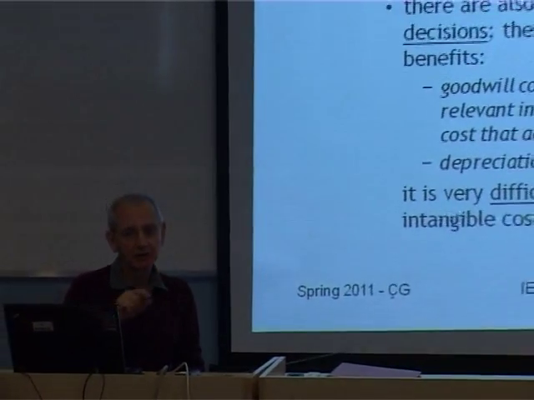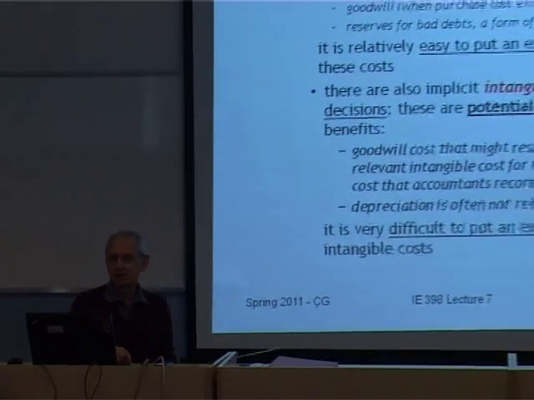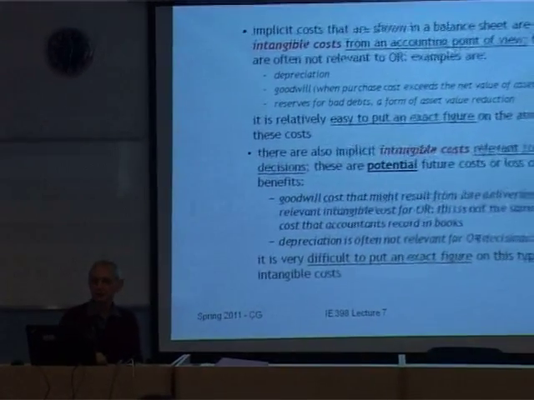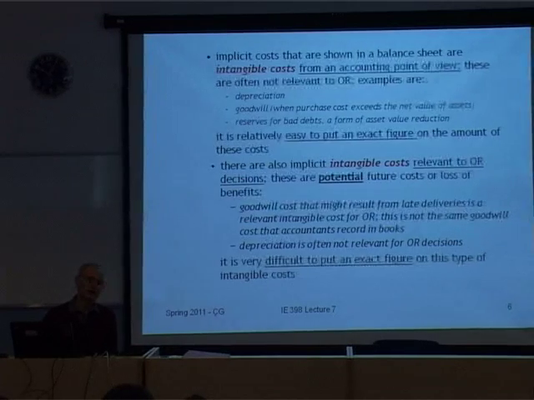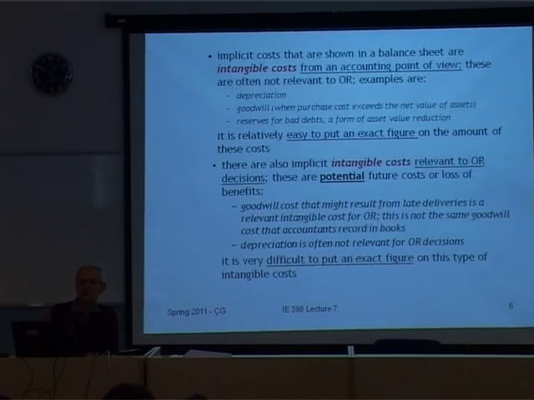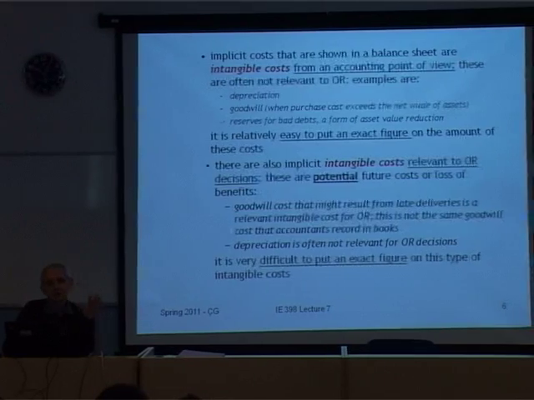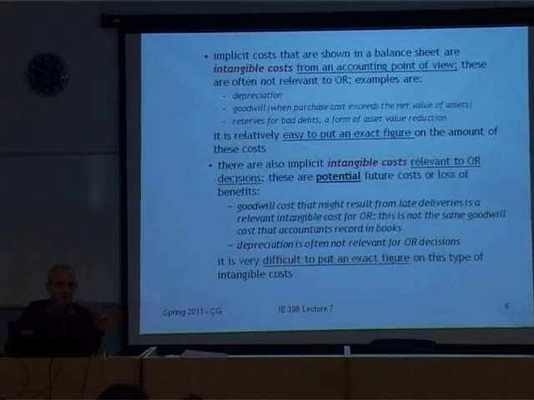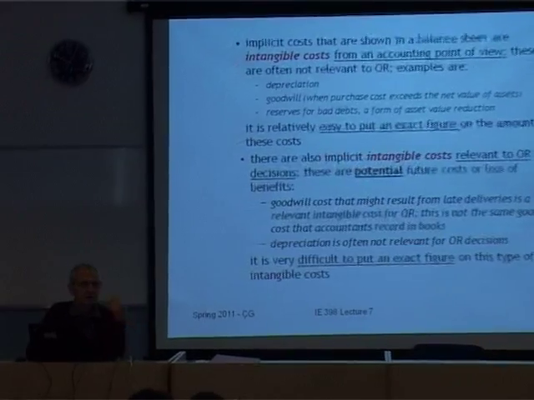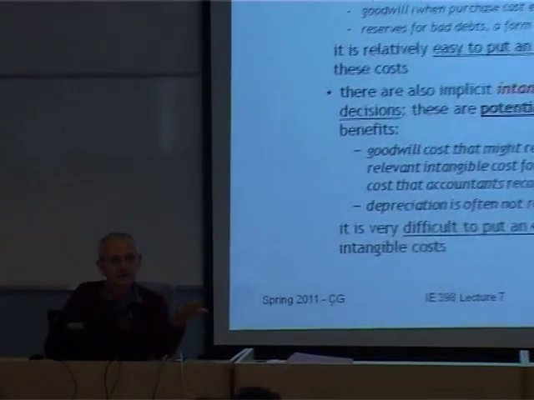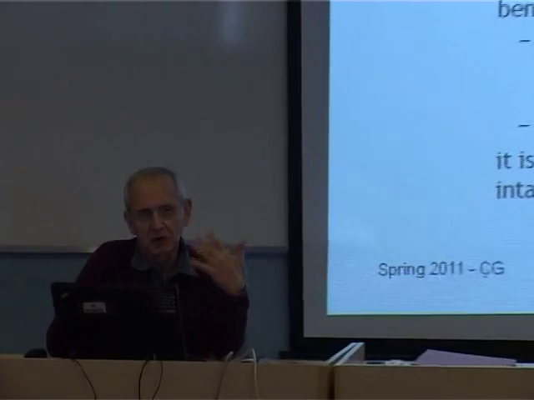Now, the confusion especially can occur here. You can see there goodwill. This goodwill is a term used in accounting, but it's not the same goodwill that we understand in industrial engineering. When purchase cost exceeds the net value of an asset, for example, a company buys new land, that's an asset, okay? And the net value of that asset, from the point of view of the company now,